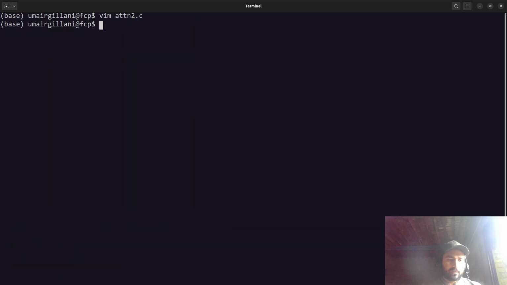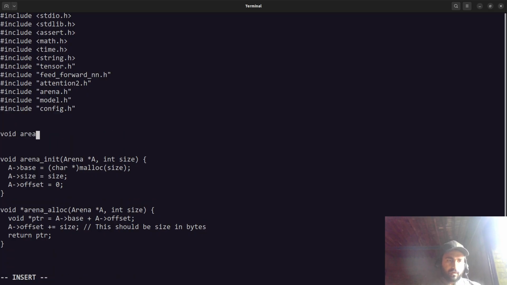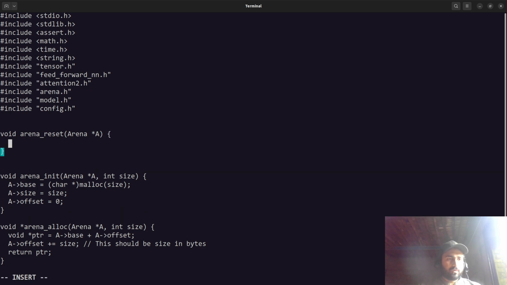So the first thing is this, and the other thing is that inside arena we need to create a method called void arena reset, and it's going to take an arena pointer, and what it's going to do is